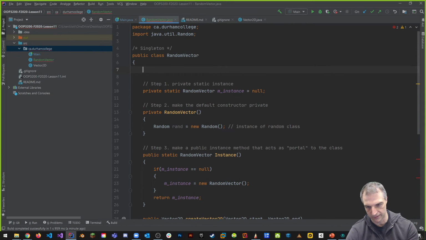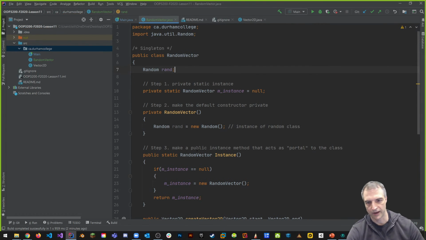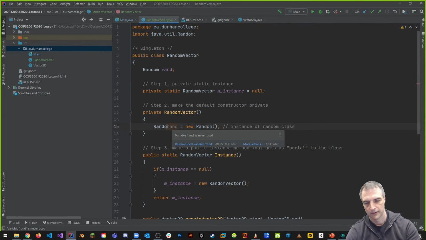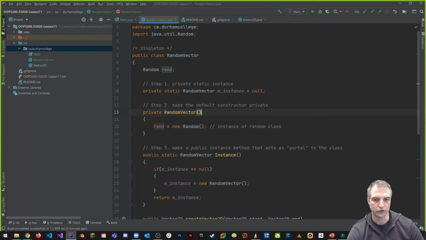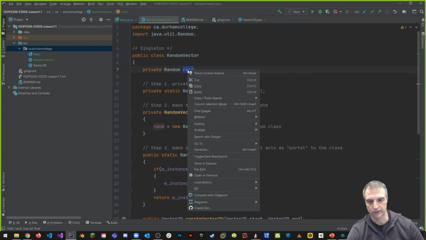I can't share anything in a static class, really; everything has to be other statics. So I can do something like Random rand, and then say that rand is equal to new Random. I can do that here. I can make this private too, so I don't have to hold on to it. And what I can do is